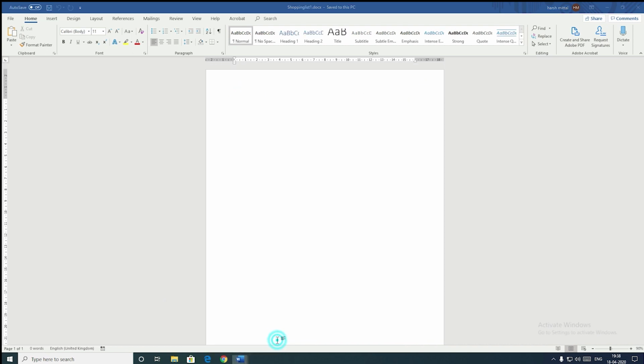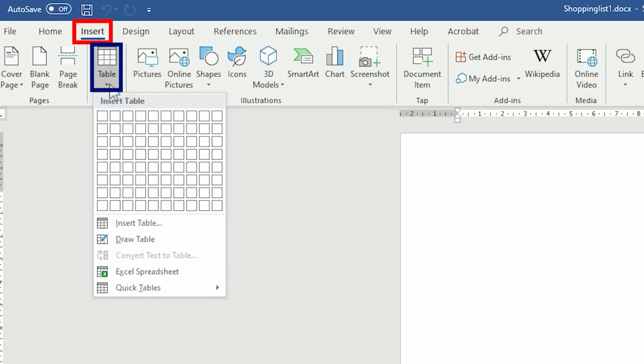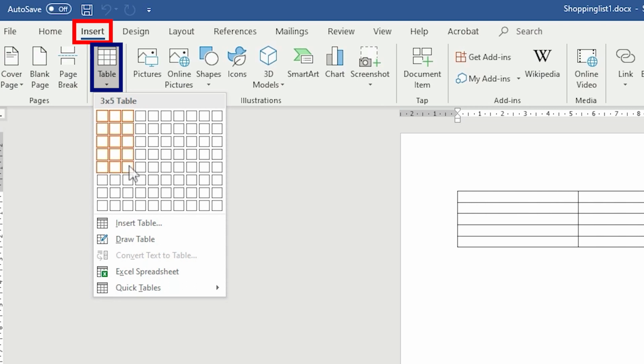Now let us see what we do. We have to insert a table. In order to create a table, we have to go to the Insert tab. In the Insert tab, you can see there is a Tables group. Now in this Tables group, you have the Table option. In the Table option, you have 2 to 3 ways to select a table. First, you can choose from this grid. Here it is showing the number of columns and these are the number of rows. Since we had 4 columns and 6 rows, this is the kind of table we will have.